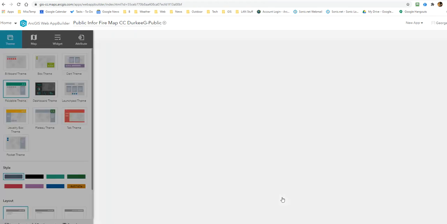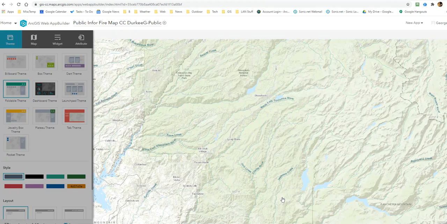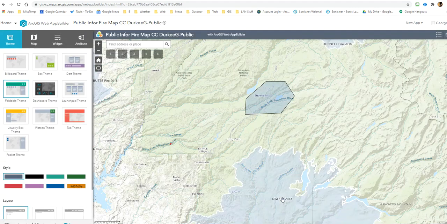And then the template comes up. Notice that it loads automatically the map that we're going from, and it still has the polygon we drew. And so now I'll show you the various tools. So notice the blanks here. These are for widgets to put in, and a widget is a tool that can interact with the map and give you more information or measure things or a number of other